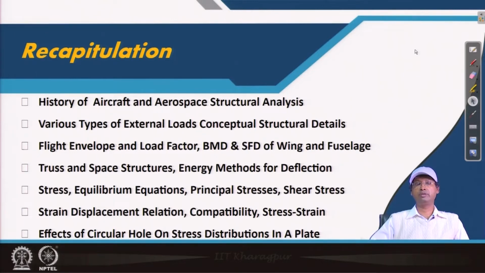All those loads, where and how it comes, we have discussed so far to some extent. We have also seen different type of aircraft structures, how those are fabricated, how do they look like,